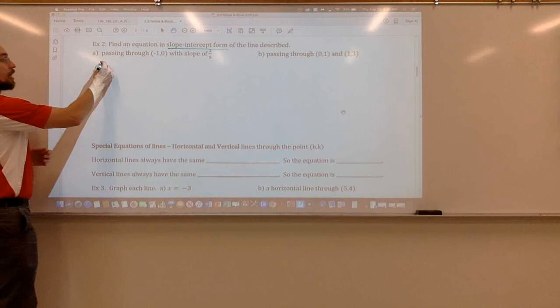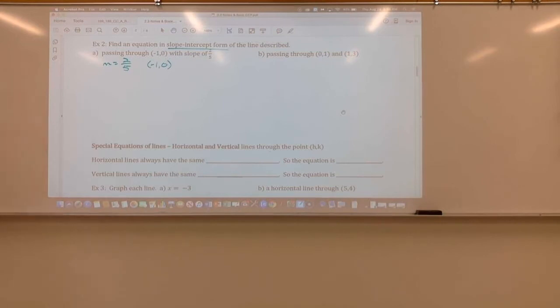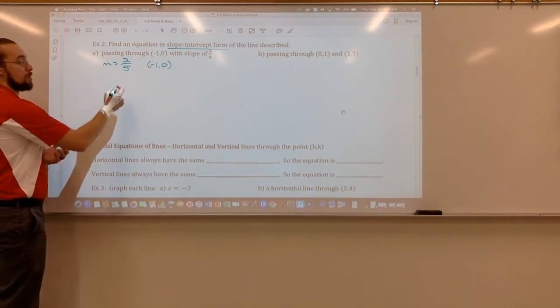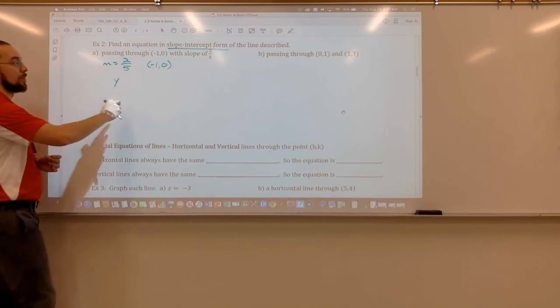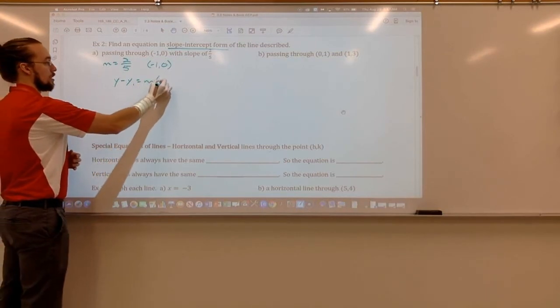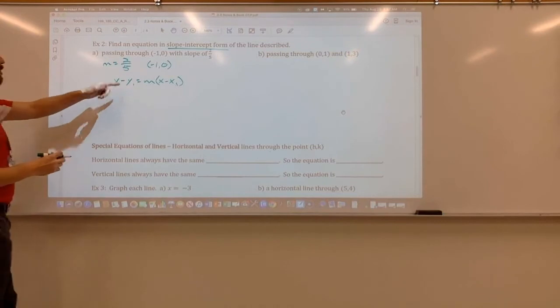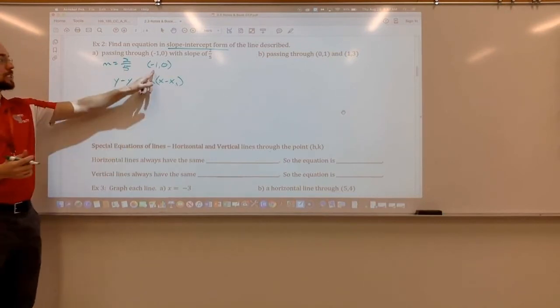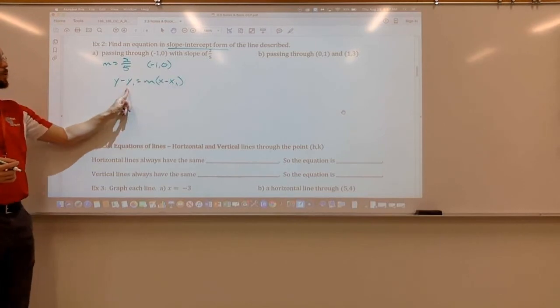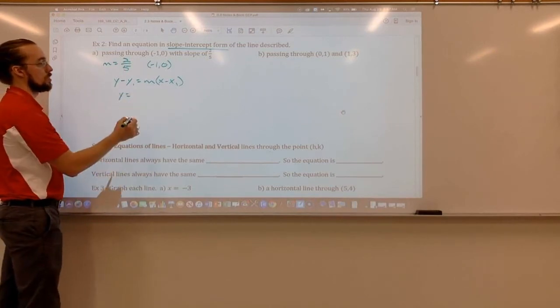Well, if I have some random point on the graph, it's probably going to be best to start with point slope. Now, you don't have to use point slope. You could use y equals mx plus b here and plug these values in for y and x and solve for b. But I think it's a little bit easier if we get in the habit of using point slope form. Right? So I'm going to plug 2/5 in for my m, -1 in for my x1, and 0 in for my y1. So what we end up with is y equals